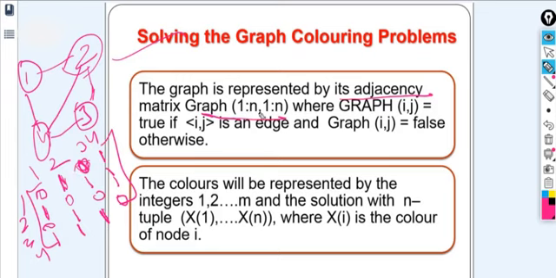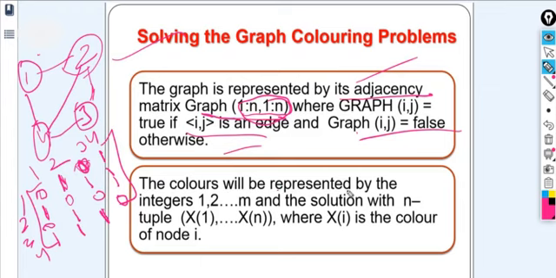So I hope it's clear to all. Whatever the number of vertices we have in a graph, every graph is represented with the help of an adjacency matrix. Where graph[i][j] is true, it means there is an edge between i and j, like 1 and 2, which are two vertices. First you have to check whether any edge exists between those vertices or not. That is the first task. If it exists, then there is an edge here. Otherwise, the color will be represented.